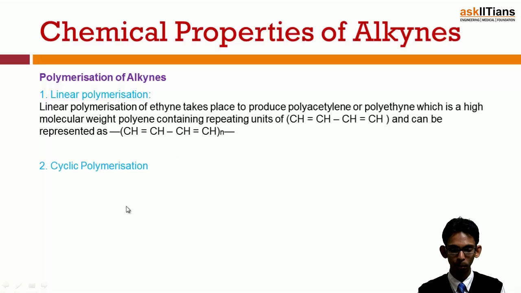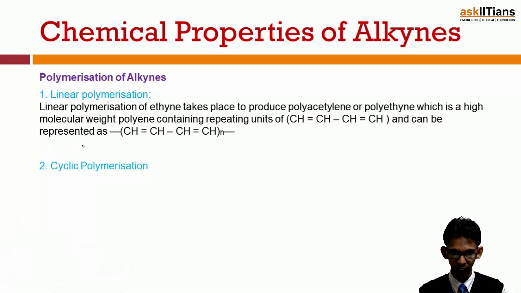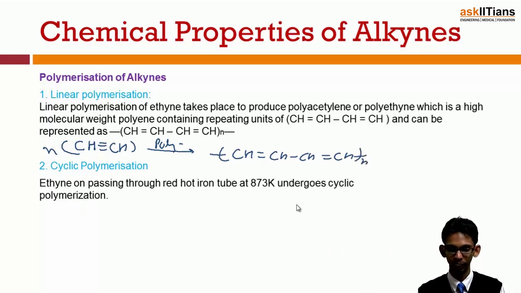Next is cyclic polymerization. Actually, let's first write the reaction for this. This is ethine. When n molecules of ethine undergo linear polymerization, they result in formation of a polymer like this, addition polymer. This is linear polymerization. In cyclic polymerization, ethine on passing through red hot iron tube at 873 Kelvin undergoes cyclic